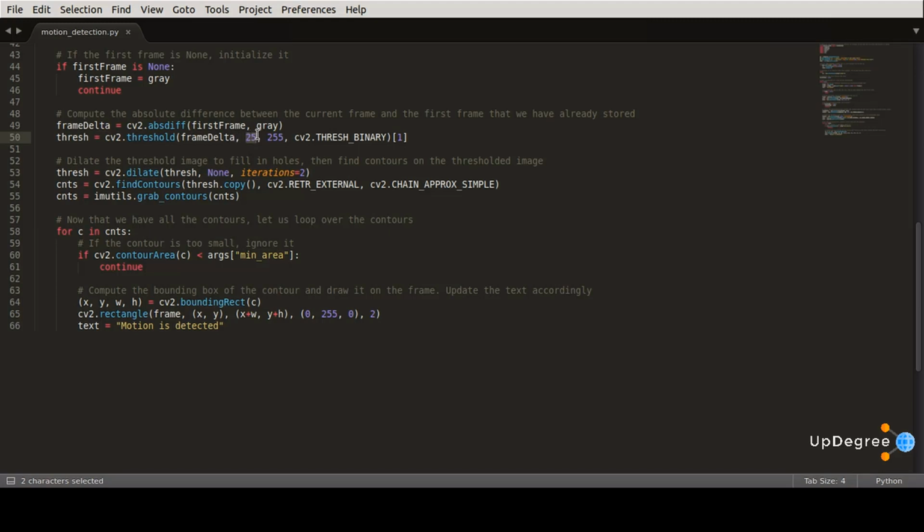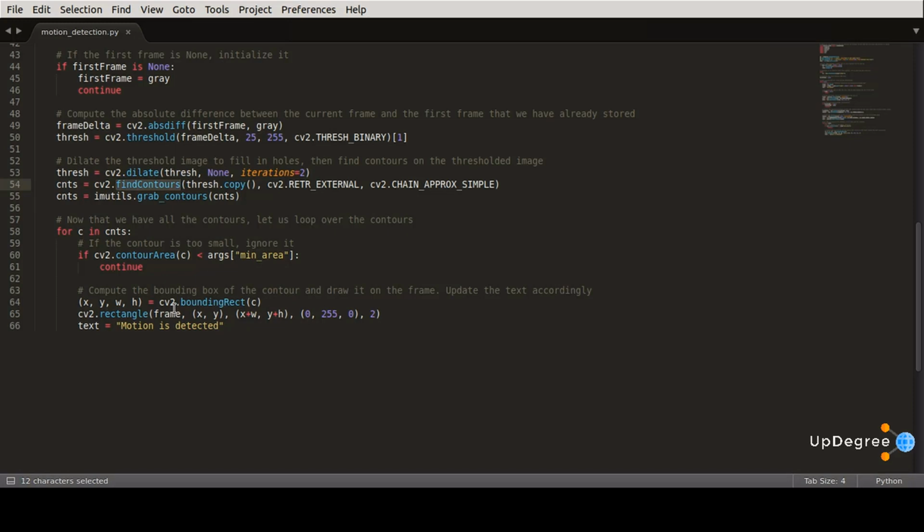Now this threshold can be tuned according to how our motion detector works. If this threshold is too low, we will increase it, and if the threshold is high, we will decrease it. This we will get to know once we actually run the application and test it. So after this, we do a dilation on it, which is a pre-processing step, and then we find contours on this frame. And then we loop over each contour trying to find its area, and only if the area is greater than the min area, we store that rectangle.